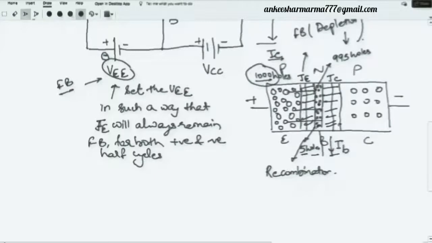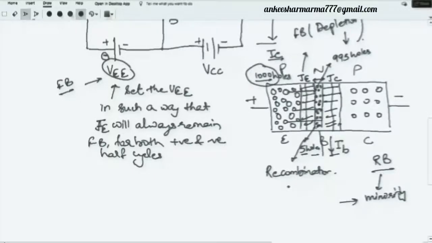Right. Second part, when we are doing the reverse biasing. In the reverse biasing of a diode also, you have seen that only minority carriers are moving. There is no flow of the majority carriers. Only minority carriers used to move. So look here in this n region. If I look at this n region or in this base region, what are the minority carriers in the n region? They are holes. And what are majority carriers? They are electrons. It means now from here, from this base region, only the holes will move.